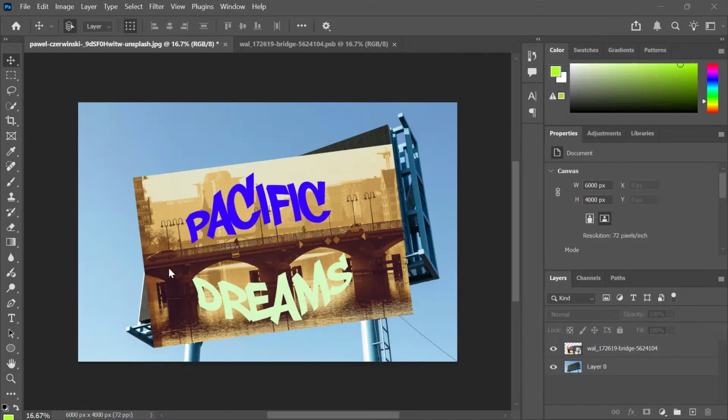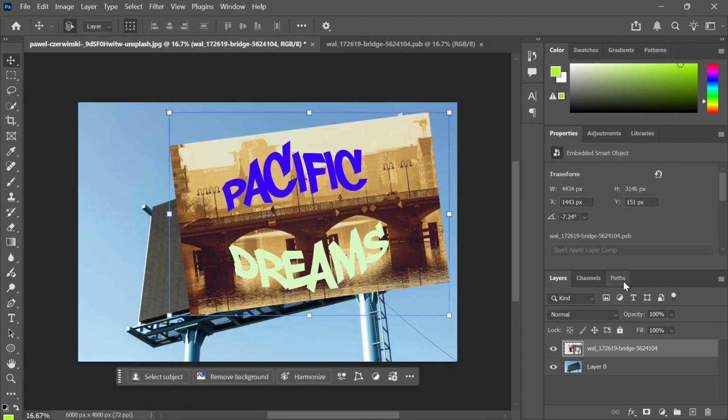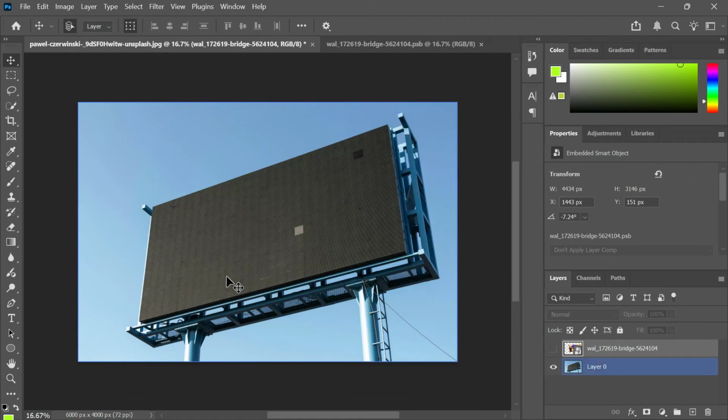Today I'm going to show you how to place artwork on a billboard in Photoshop and make it look like a real professional mock-up. This is a super useful technique if you want to present a logo, ad, poster, or brand design in a realistic environment without building everything from scratch. And the best part is, once you set it up properly, you can keep editing your artwork anytime because of